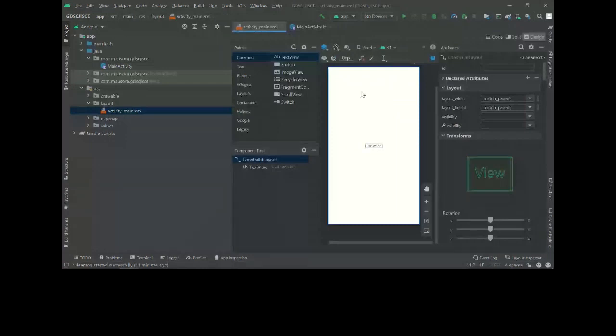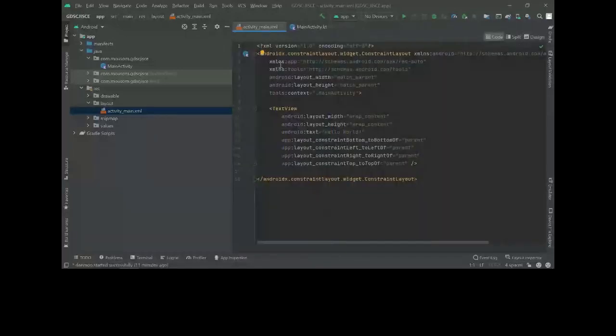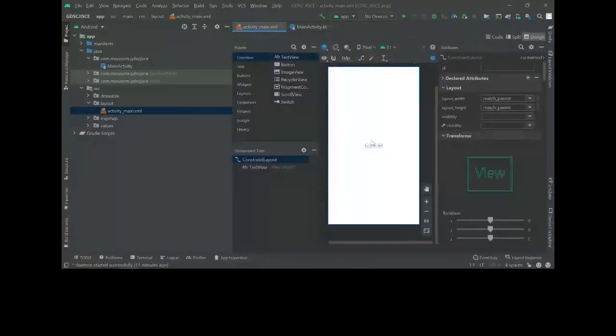So this is our main screen, you can see it on the application screen. There are some parts as well, here you can see it's on the design side. If I go to the code part, then you can see this is the code which is responsible for showing only this screen, this Hello World.